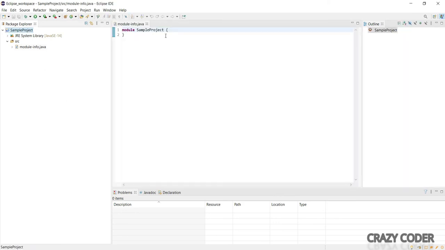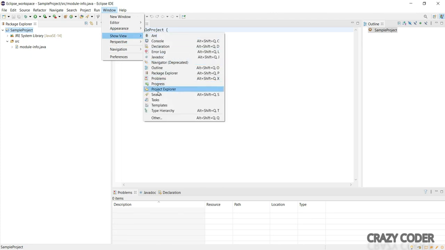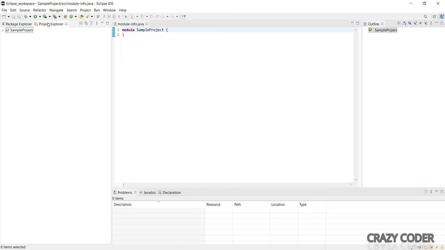So this is the project that I have created. Now I will open the project explorer to see the better structure of this project, and for that I will go to Window, and in here I will select this Project Explorer. Yeah, so this will show me the basic structure of my project. Okay, so I can see the two folders are there. One is JRE libraries, and the other one is the src folder. So JRE libraries holds the libraries that I'm going to need, and the src folder is the source folder where I'm going to keep all my files. Okay, where I'm going to keep the Java files.